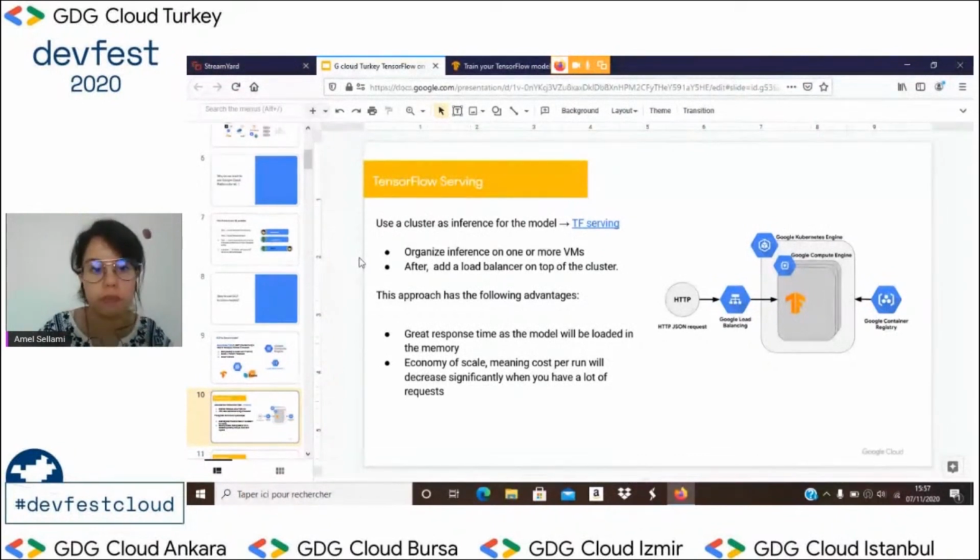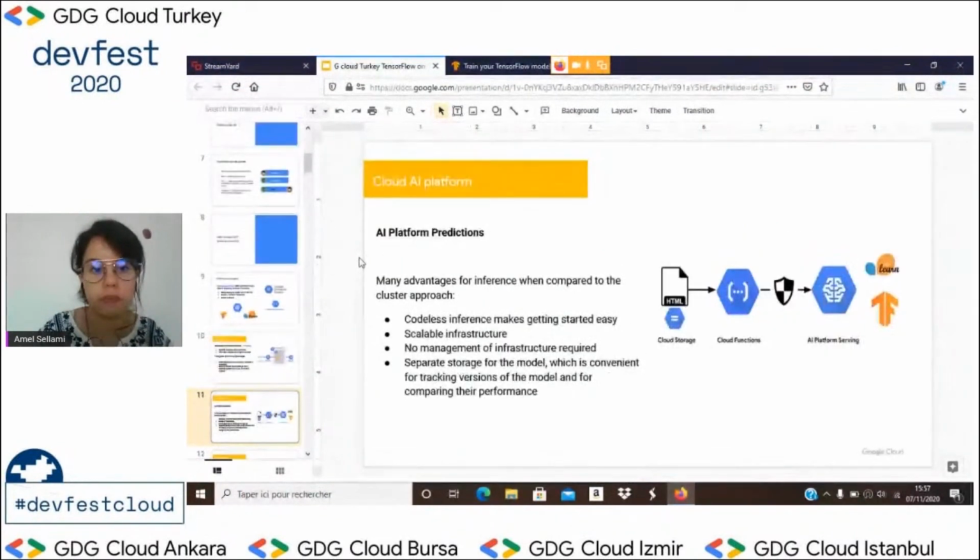The other one, as we said, is the Cloud AI Platform, which is AI Platform predictions. It has lots of advantages. It's important to say that we can use AI Platform serving with Cloud Functions, but I'm not going to talk about this in this presentation because it's not in the scope of work.